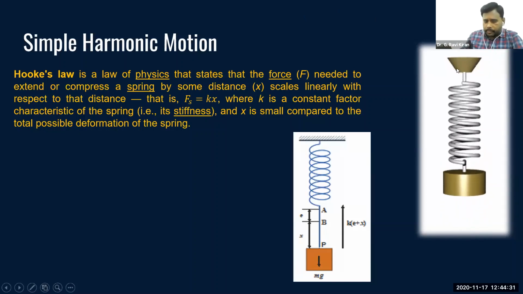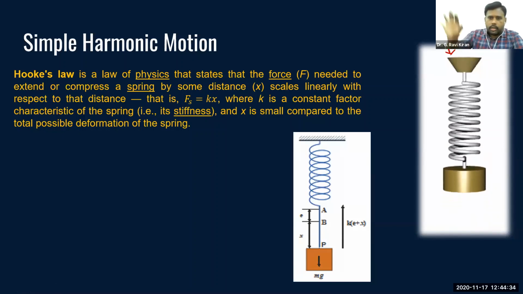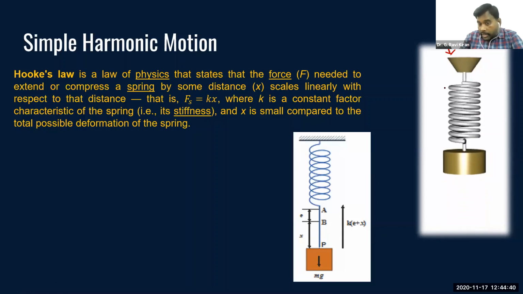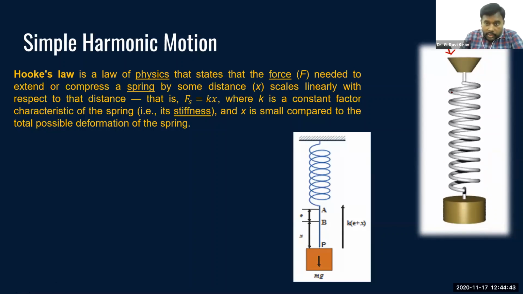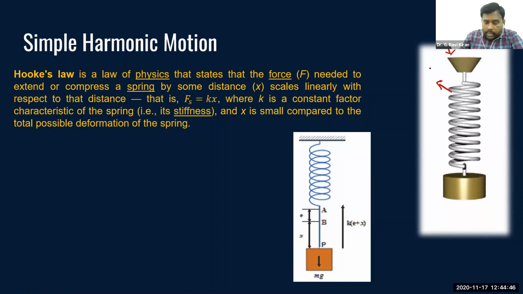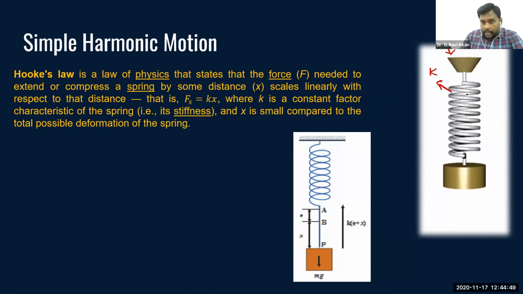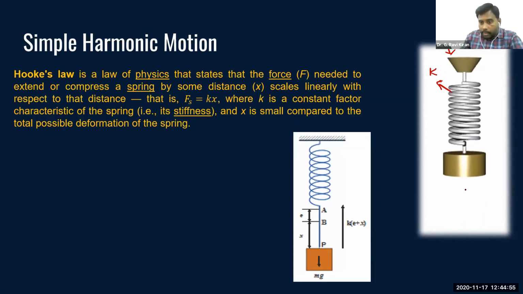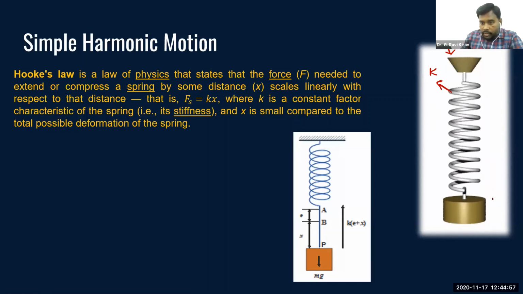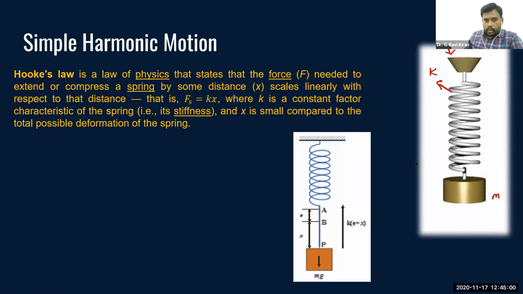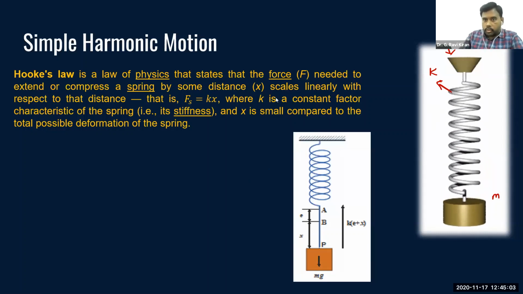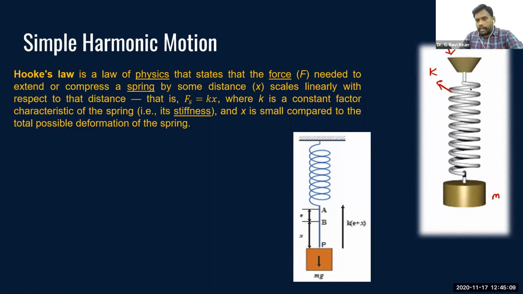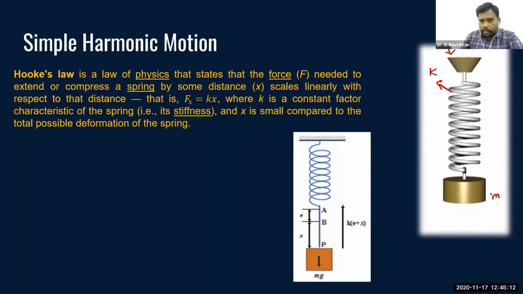There is one fixed end here to which a spring is attached, right? The stiffness of this spring is identified by the spring constant, K, right? Then, to the other end of this spring, you can observe a particular weight. Let us say a weight of mass M is attached. So one end of the spring is fixed, and at the other end of this spring, you can observe a weight of mass M.